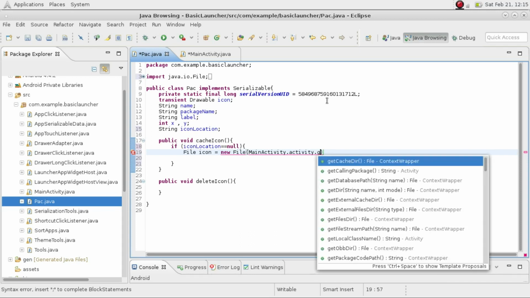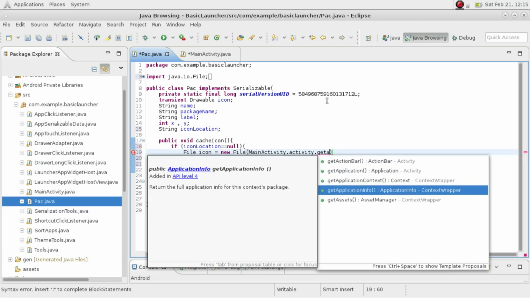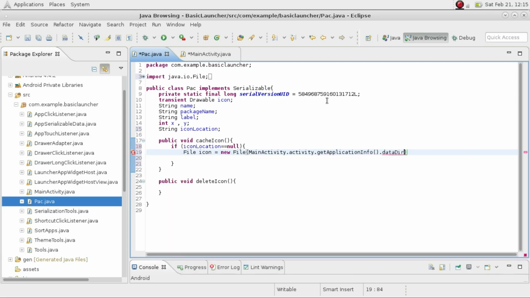So dot getApplicationInfo dot dataDir, and then this is where we're going to set the name of the folder where we store the icons. So do plus and then slash. We can type it as cached apps,